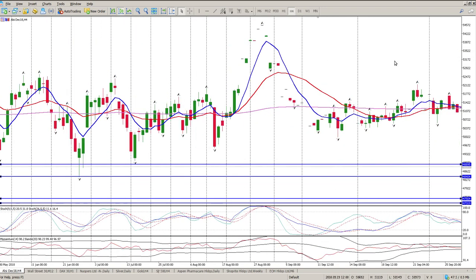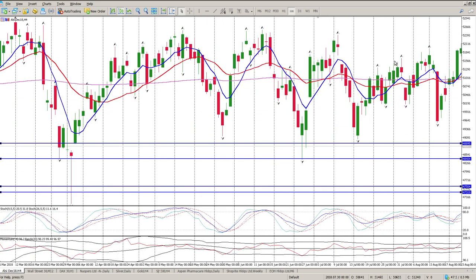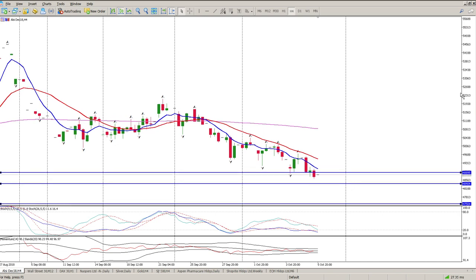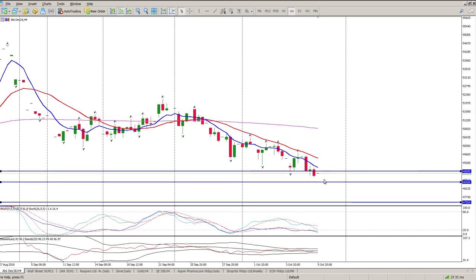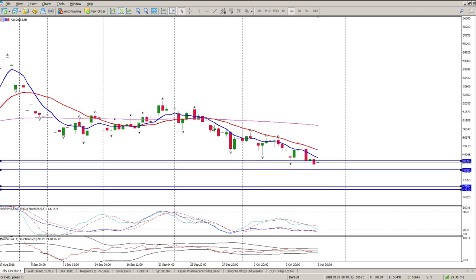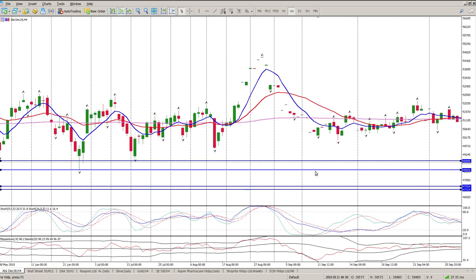So I suppose I'm not really going to be trading this market today. I'm not really interested in it right now. I think for the time being, it's sort of sell into every rally. So every rally that you get an opportunity to get short again, and wait for something to happen at these levels. So if you are short at the moment, you're just moving your stop loss below each of these fractional levels. But if you're not in the market and you're looking for a long, there's nothing really